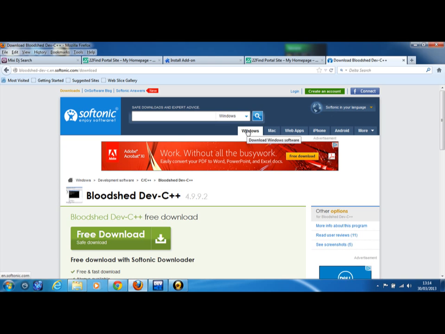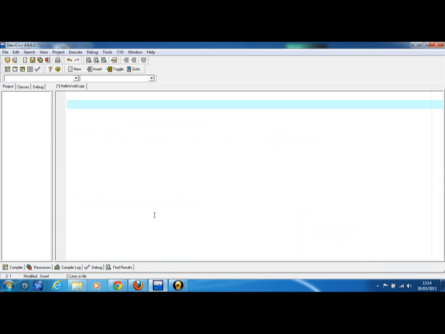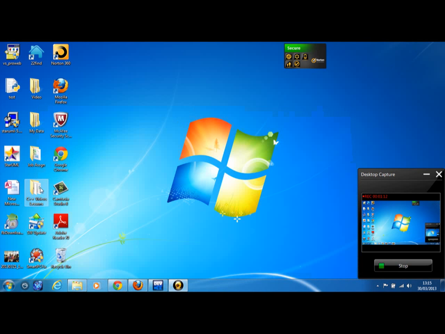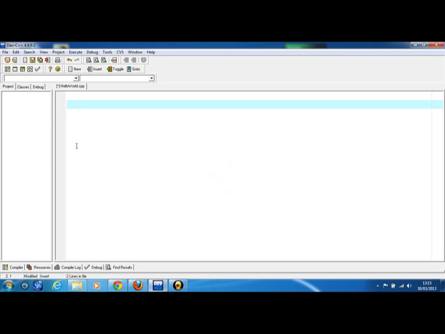So now we are going to jump straight into writing programs. So this is my Dev C++. I prefer you have Dev C++ if you want to follow this tutorial, and don't miss any chapter. Try to create a folder on your system. Here my folder is called C++ video lessons. So now,